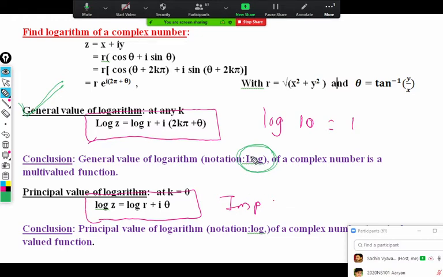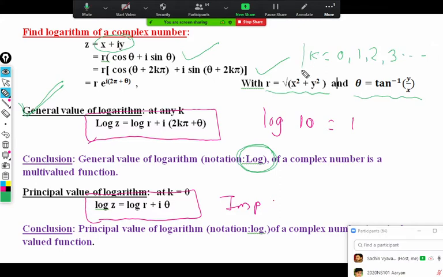And when we take a general log, whenever we have to take log of a complex number, the first step is that we should convert it into the general polar form. We already know how to convert into polar and general polar. First, we should find r and theta by this formula. r is the root of x squared plus y squared. Theta is tan inverse of y by x. And you can directly write z is equal to x plus iy as r times cis theta, or cis of theta plus 2k pi, where k takes the values 0, 1, 2, 3, and so on.